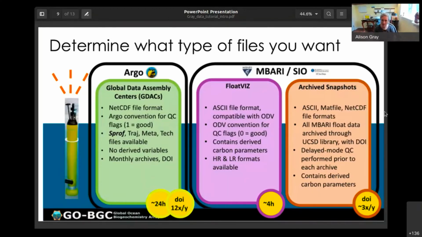Okay, and then the other type of file are the files that are produced by MBARI and Scripps. These have two flavors, like the kind that you get from FloatViz, which Todd nicely showed. These are ASCII files, and they're compatible with ODV. So if you use ODV, then this is a great resource. I'm not going to talk about ODV anymore, but FloatViz is also a really easy-to-use web interface, and it does contain the files that you can access here, which are text files,